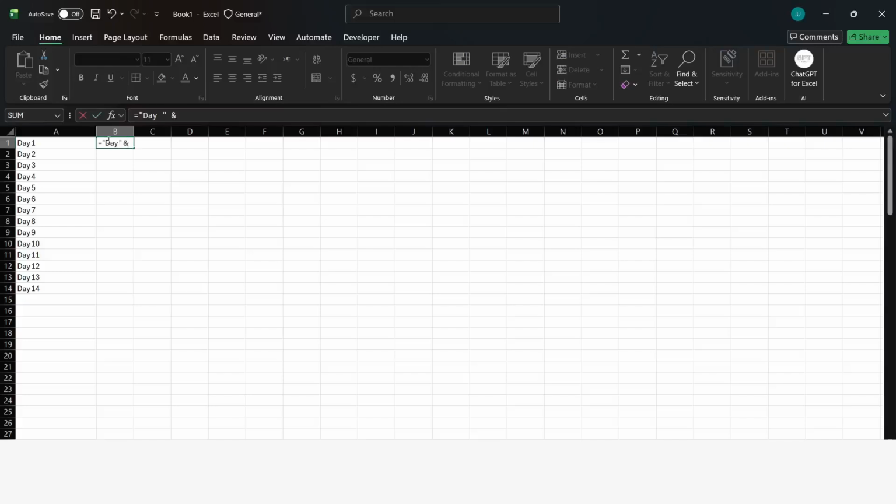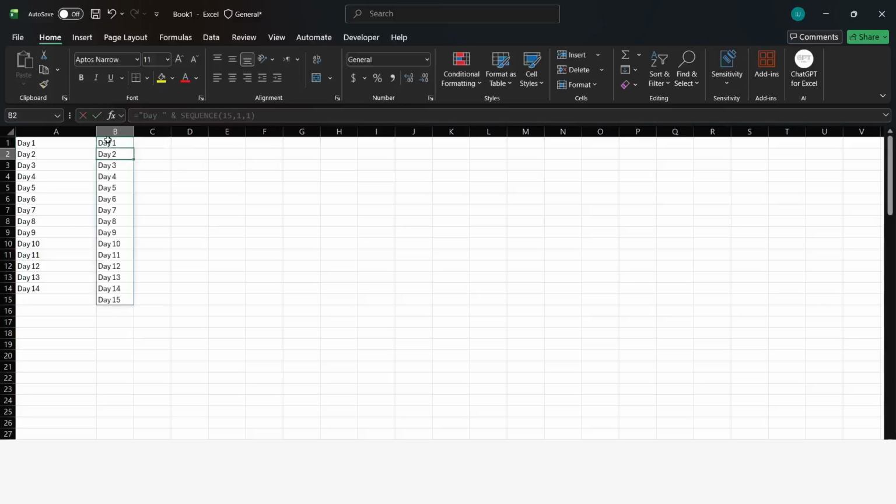Now let's use the SEQUENCE function here. Here you need to specify the number of rows where you want to write the numbers along with Day, comma, 1, comma, 1. And then close the brackets and hit enter. Now here you can see that it is written as Day 1, Day 2, Day 3